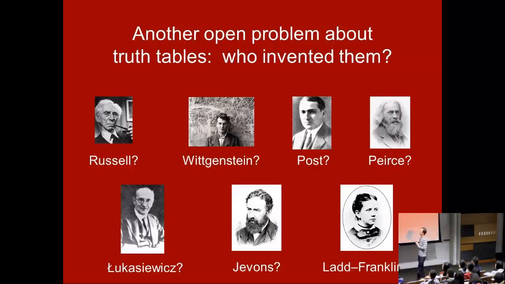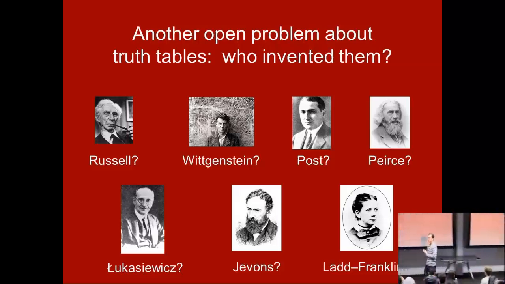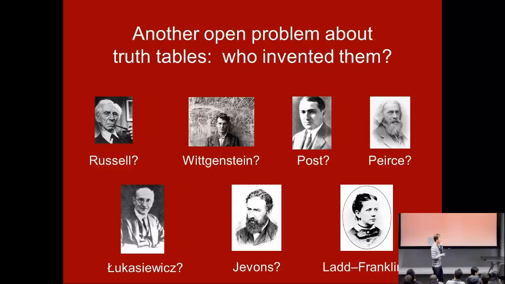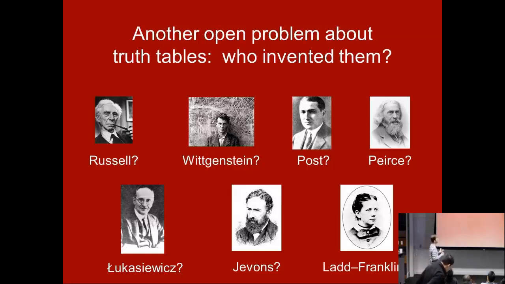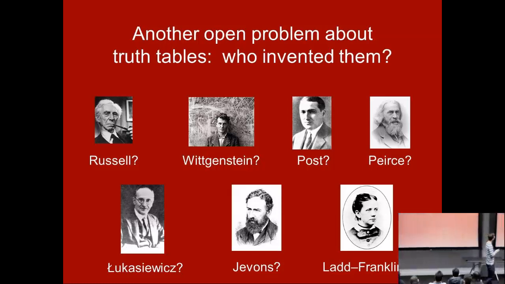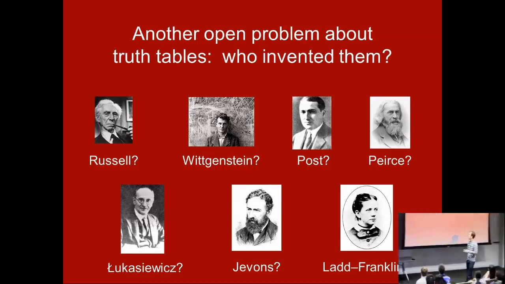Another open problem about truth tables is who invented them. This is a historiological problem. I was interested in this when I was preparing these slides because I think if you go to Wikipedia, it says that Wittgenstein invented them. At first I was like, come on, no way, right? This is like a computer science concept. This guy is famous for being a philosopher, so did he really invent it? He scooped us? Actually, maybe it's slightly plausible because he used to be a mathematician before becoming a philosopher.